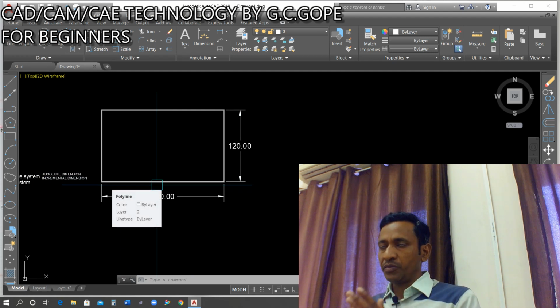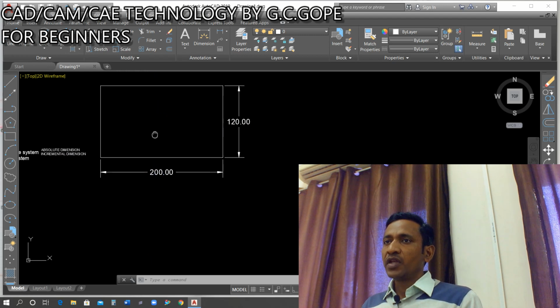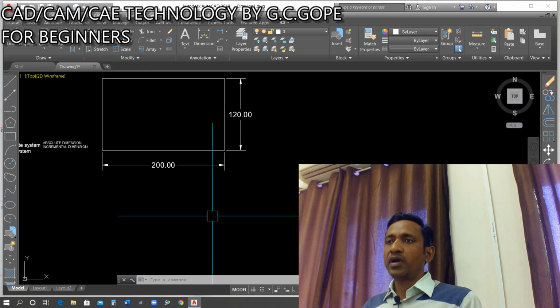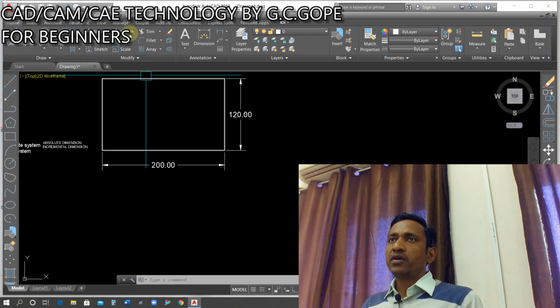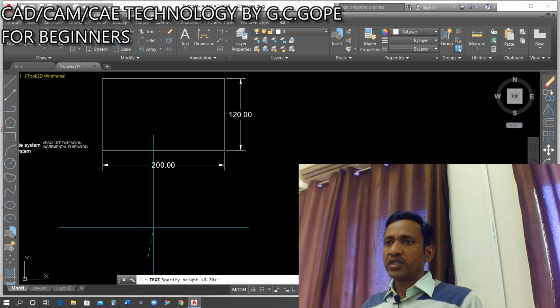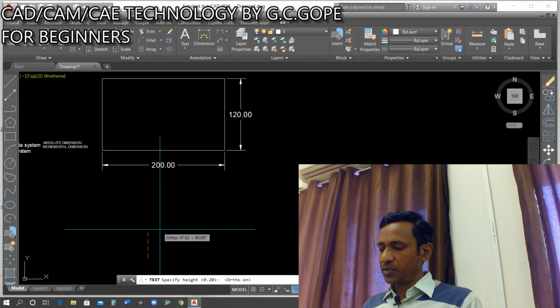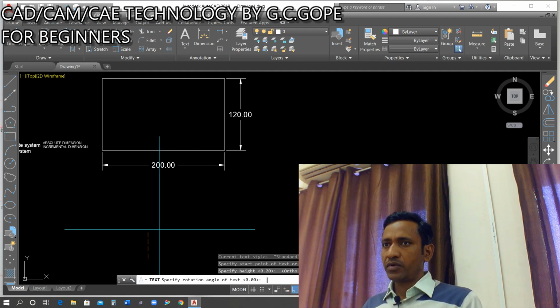Now let's learn about how to create coordinates of this rectangle with the help of absolute coordinates, absolute dimension. So for this, suppose I have to make this program under here. So first we'll click here and then go to text. There is the option single line text. I'm going to select this one, pick this point. Now what should be the height? I'm going to take, suppose, 5 should be the height of this one. How much rotation angle do you want to use in this text? I'm saying that it should be 0.